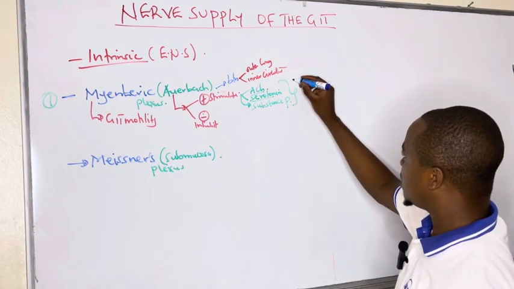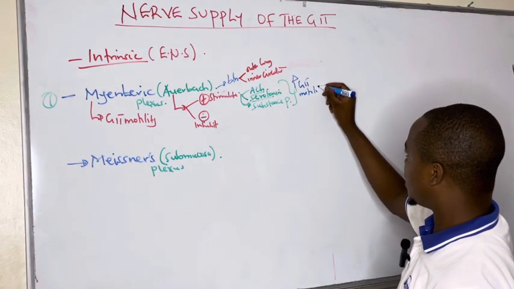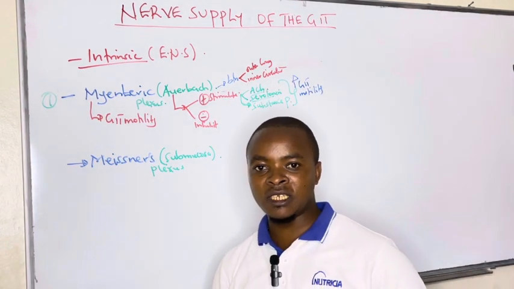So these ones stimulate or increase GIT motility whenever they are produced at the nerve endings of the preganglionic nerve